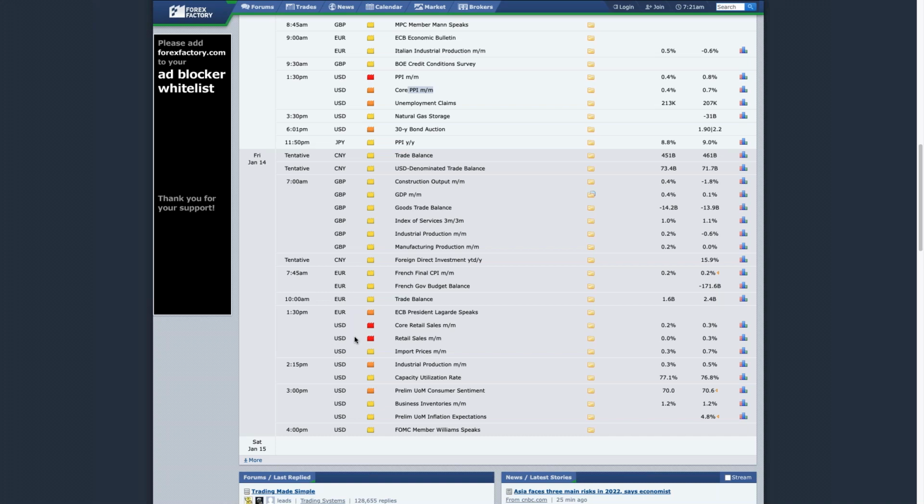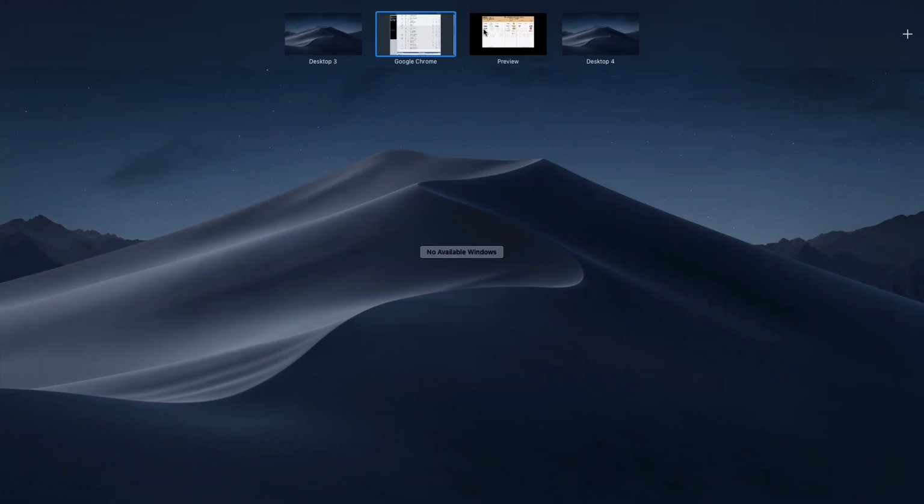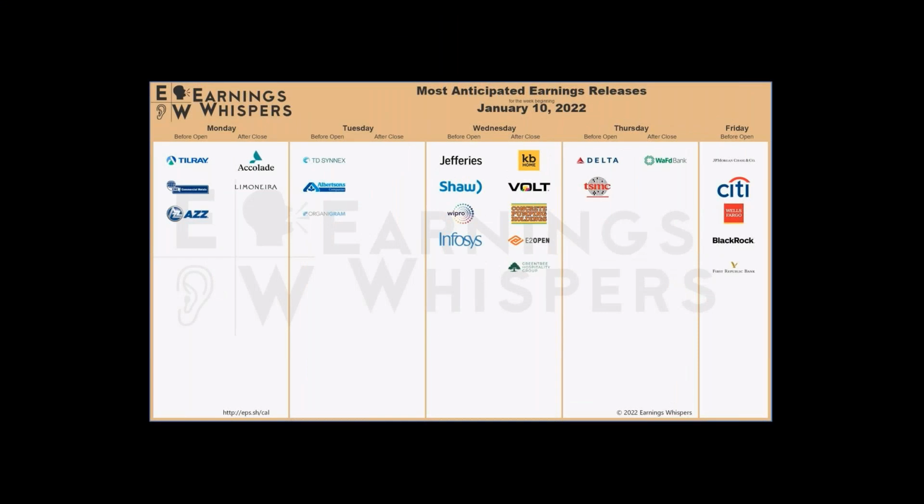The US has the largest GDP of every country in the world. About 25% of everything produced in the world comes from the US in terms of GDP, a hugely wealthy country. And the majority of those earnings come through salaries and wages. And of course, the expression of how the US consumer is doing comes through retail sales. So this is a hugely important data point and will give us an indication of the health of the US consumer and by proxy the US as a whole. So markets will be focusing on that retail sales data to get a sense of how the US is doing. Any hint of a slowdown, remember what I was saying, then we could expect to see potential falls in stocks.